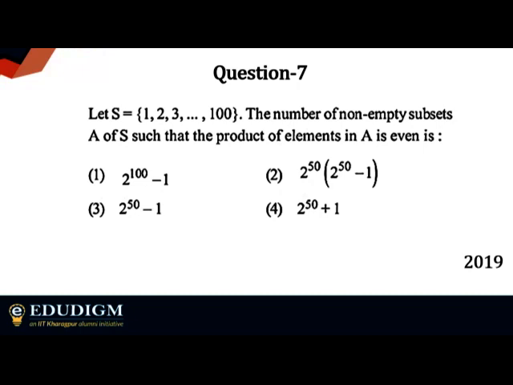You also know that if you have a set with cardinality n, the possible number of subsets you will have is 2 to the power n. Use that fact and also some basic knowledge of even and odd numbers. I think you'll be able to figure this one out, okay? Just try this one, and if you have any problems, do let me know.